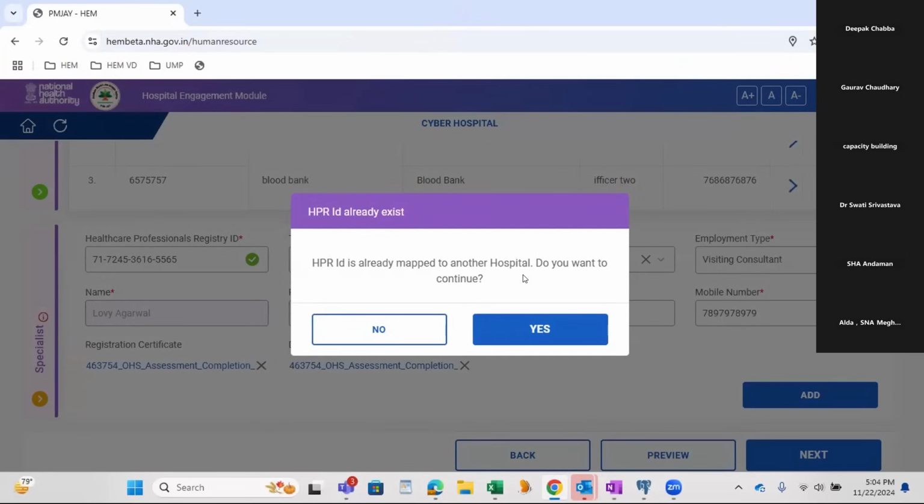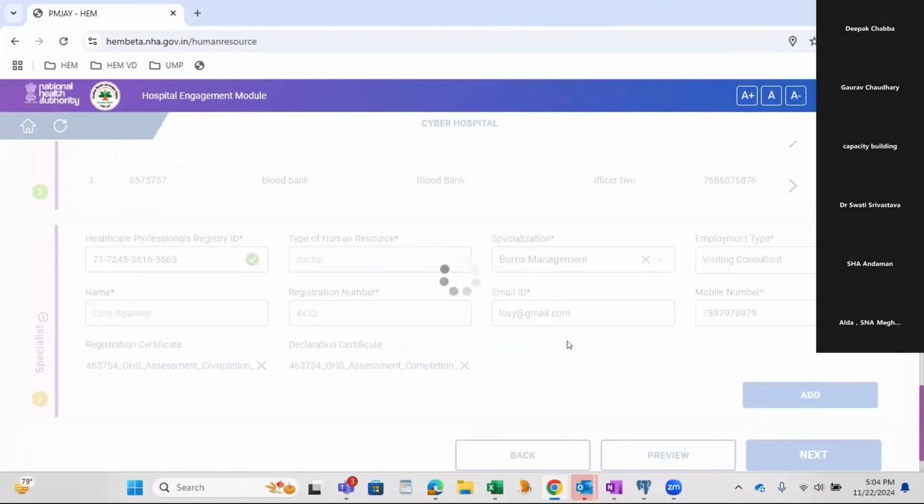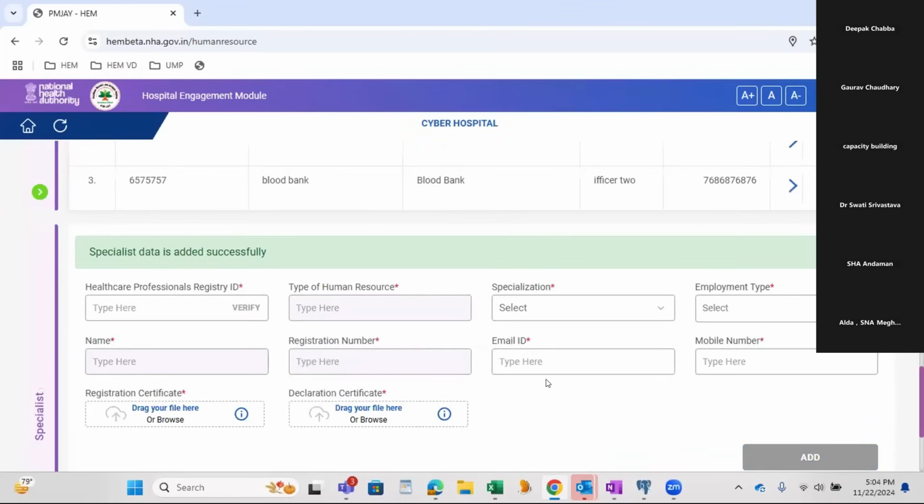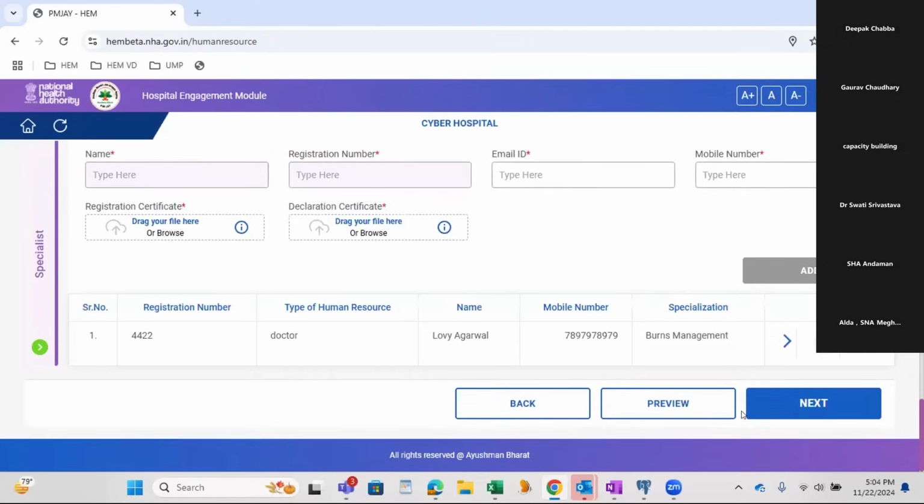Likewise, as I just said, if we are selecting a visiting hospital, this doctor is already mapped to one of the hospitals he is working in. So we are asking whether to allow him, yes or no. For now, I'm proceeding with yes. The specialist data is added successfully. So we have filled all the details in this section. Moving to the next step.